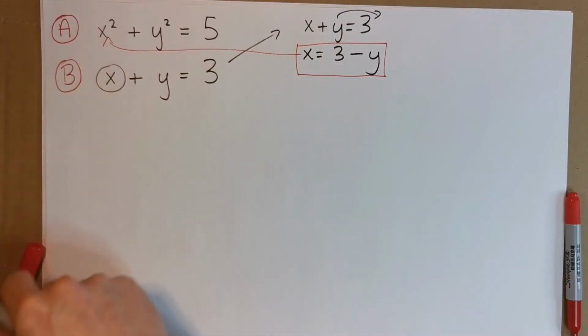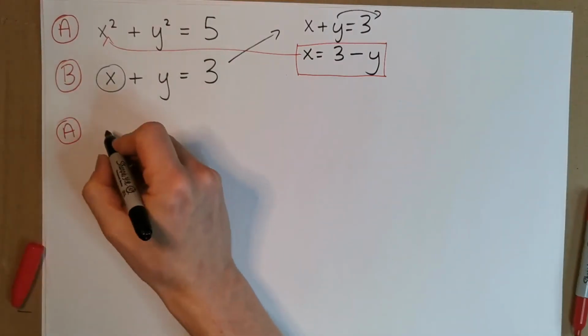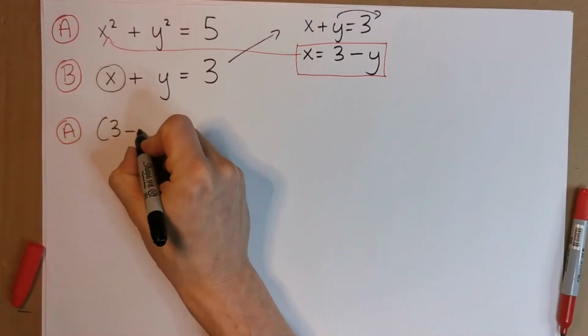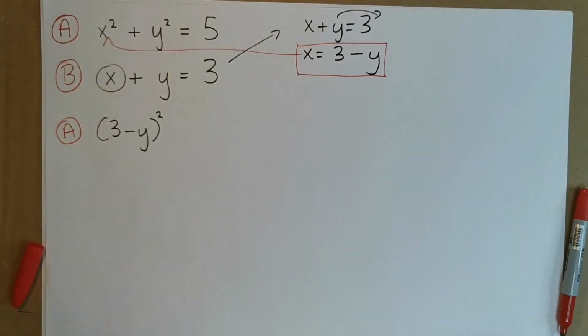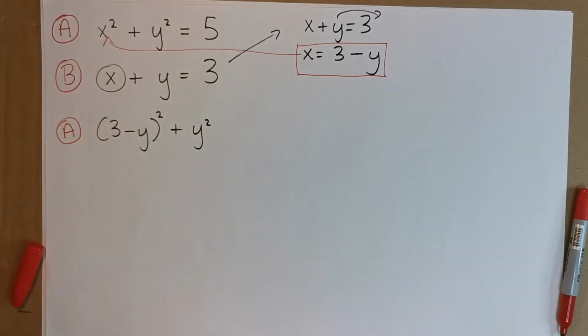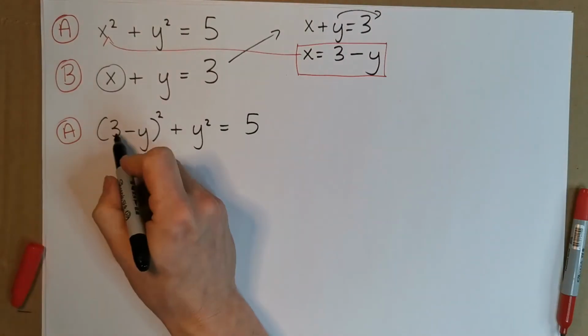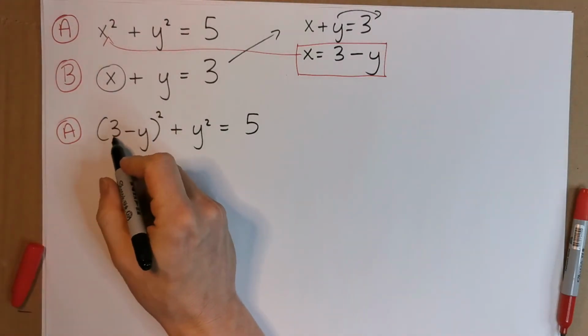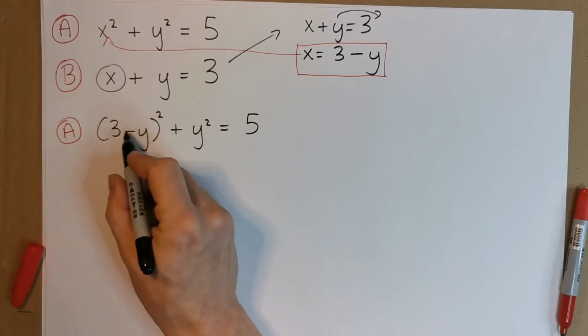So the equation A now is going to look like this. It's going to be 3 minus y instead of x. But remember, that x was squared, so this stuff must be squared. And then we have plus y squared, and we have equal to 5. Okay, we need to square out this bracket. Be super careful here. I often see people squaring the first part and the second part. I think they're done, but that's completely not right because they're separated by this